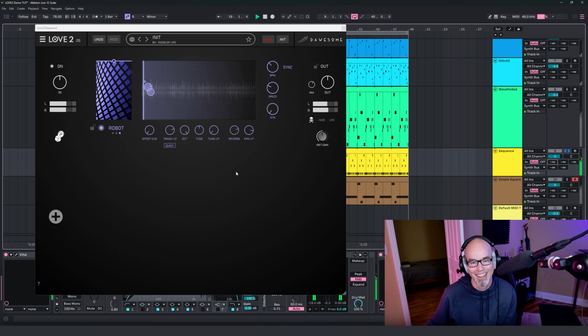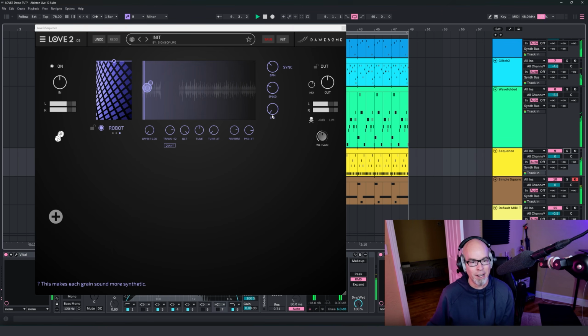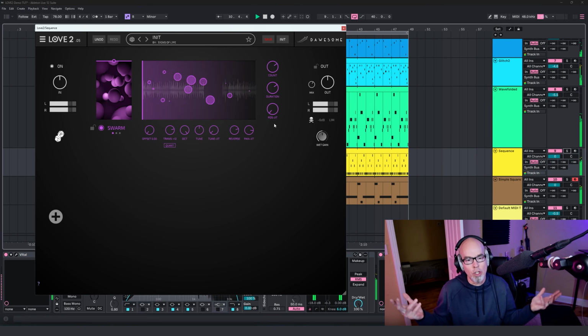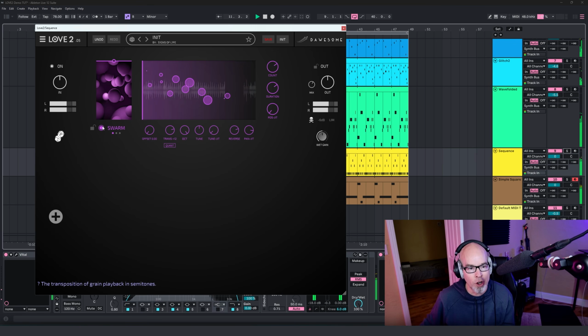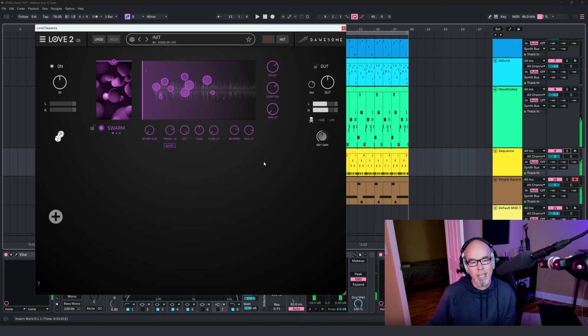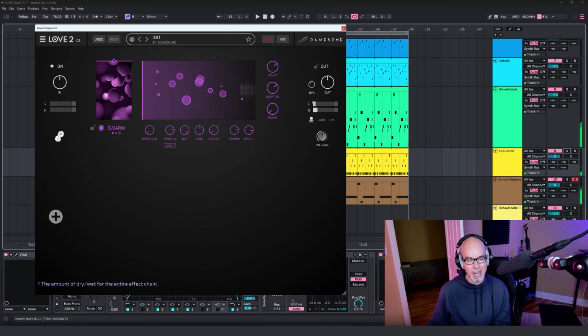I love it. Anyway, so that is half the fun of Love, right? Is getting into this granular engine. And like I said, you can choose to use the granular engine just by turning it on or off. It's a really great plugin, especially when it comes to granular synthesis. My goodness. Chill out, Love 2. Anyway,